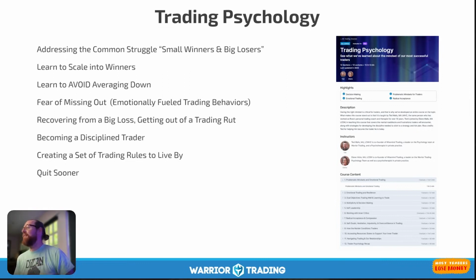The day that I made $185,000 on GameStop, what was I doing? I was adding to my winners. The market was hot. It was the right thing to do. The day I made $475,000, I was adding to my winners. I was buying high, I was adding higher, and then I was selling even higher, okay? What losing traders do is they add to their losers. They sell their winners way too soon, they add to their losers. So I would encourage you to avoid averaging down as a beginner trader. More experienced traders who have a track record of profitability will learn that there is a time and a place when you can average down, but it is not something that beginner traders should do.